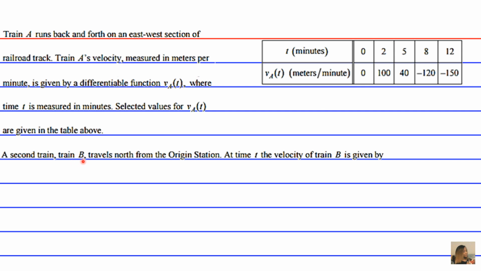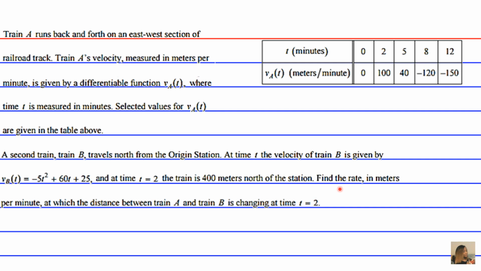A second train B travels north of origin station. At time t, the velocity of train B is given by VB of t equals negative 5t squared plus 60t plus 25. And at time t equals 2, the train is 400 meters north of the station. Find the rate in meters per minute at which the distance between train A and B is changing at time